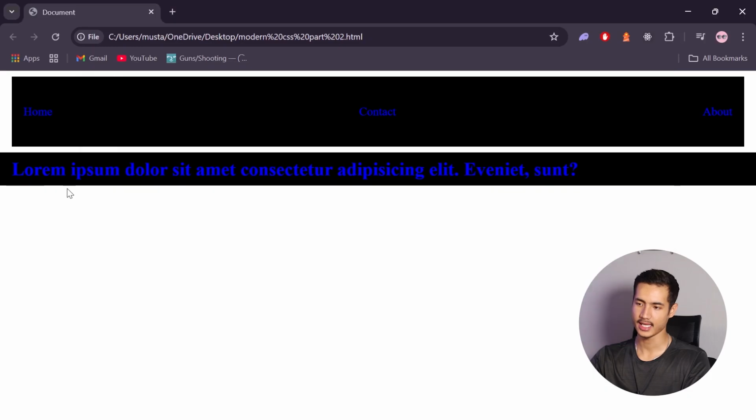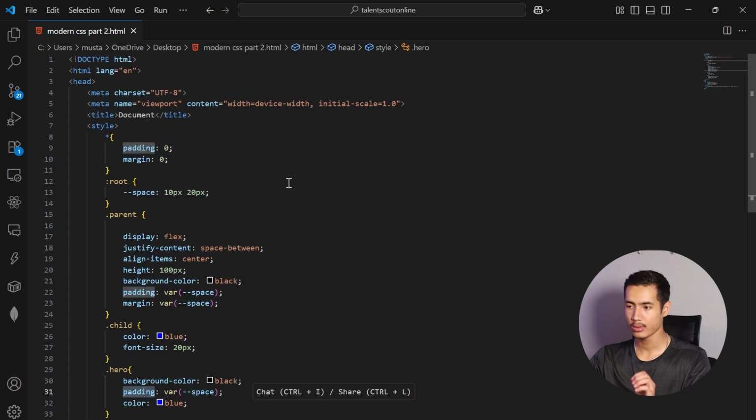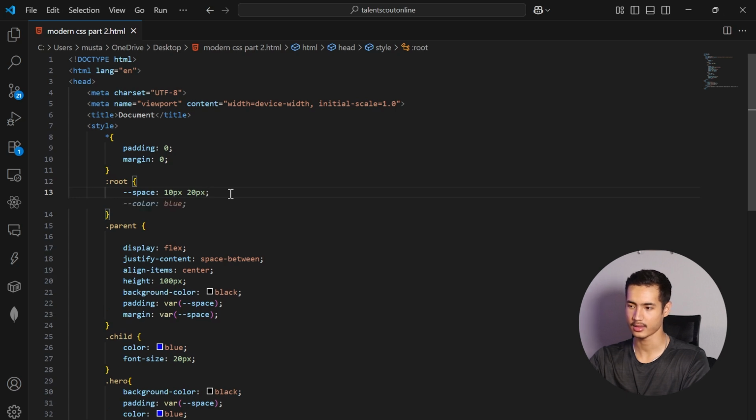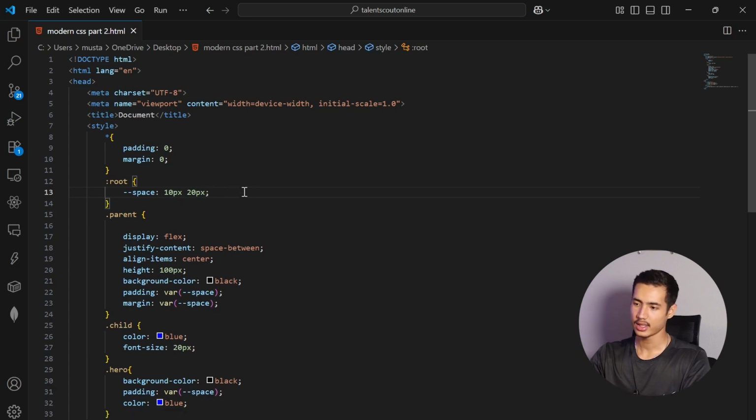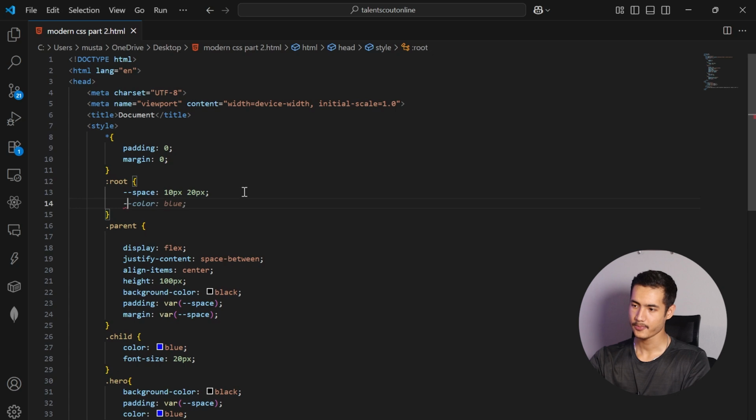The padding of this element, the top and bottom is 10 pixels and the left and right is 20 pixels. Now it doesn't matter whether we use the spaces, the background color, or the primary or secondary color. So what else do I need over here? For example, I'm going to say that the --primary-color of my website should be black,